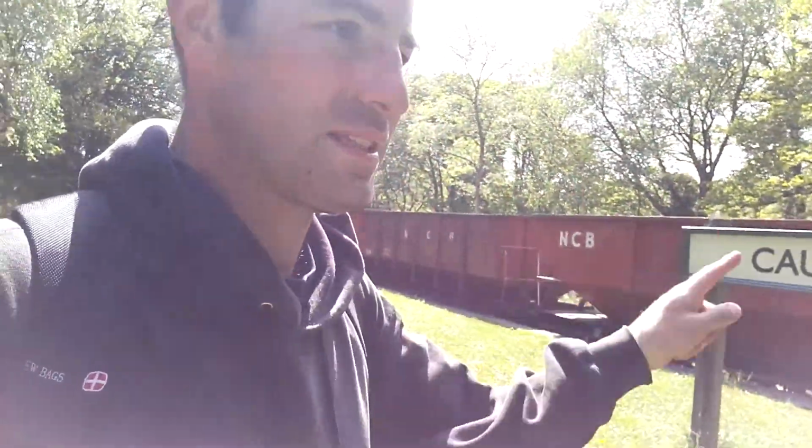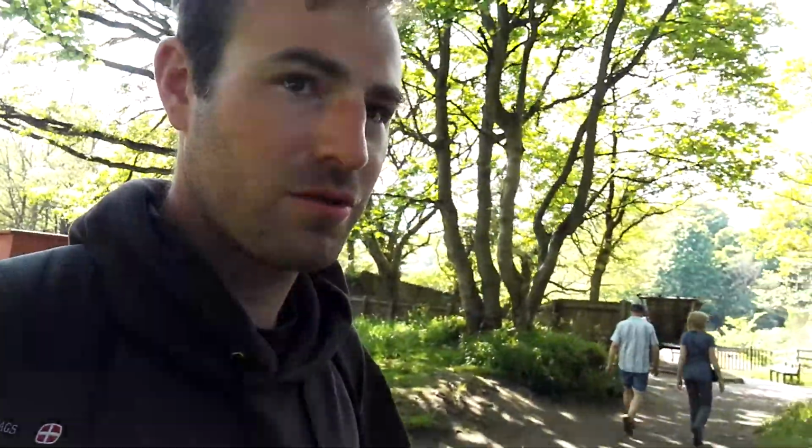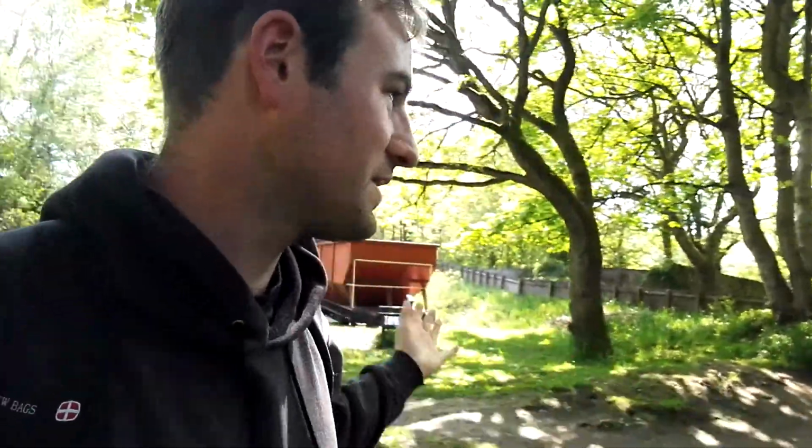But there's no facilities here. But there's something very, very unique. Something you will not see anywhere else. Called Causey Arch. The reason it's called Causey Arch is because just over there is the oldest railway arch in the world. Now that obviously, because it's the oldest, it predates every other railway, so of course it predates this